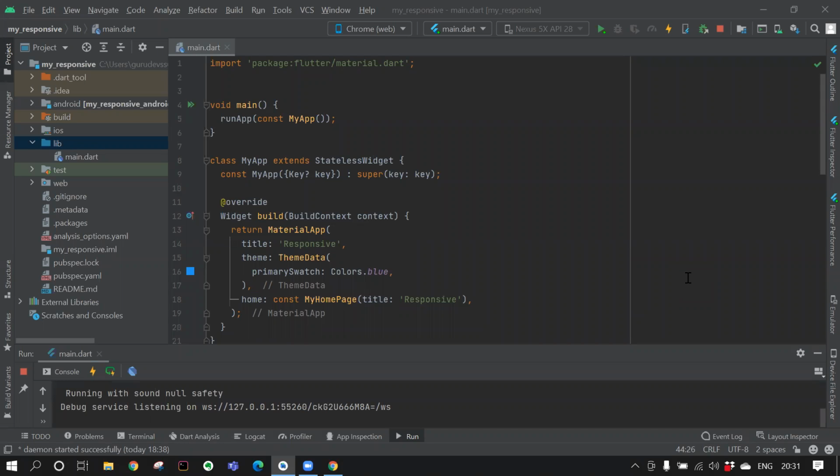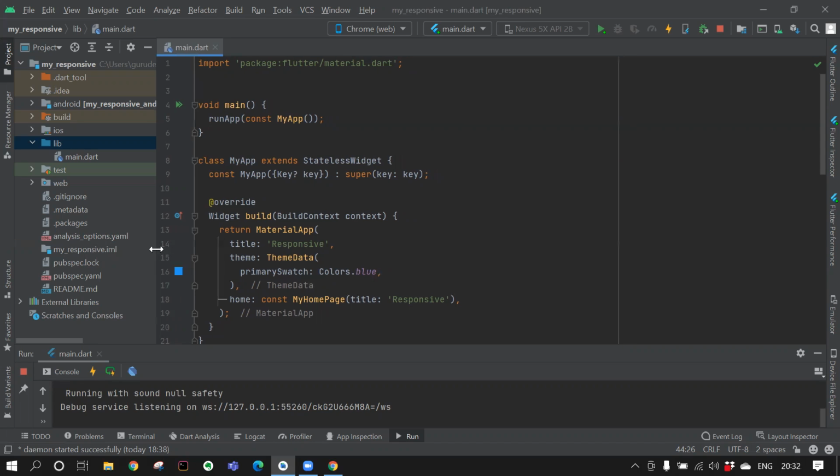Hello everyone. So now we'll see how to make the given app in Flutter more responsive and adaptive to the given device and the given mode. Be it any device, be it mobile, tablet or desktop, or be it any given mode like portrait or landscape. We have to make the app responsive, adapting to the given device because one of the aims of Flutter is to make responsive apps, because otherwise the widgets in the subsequent complex project would overlap each other, which will not look good in various devices.